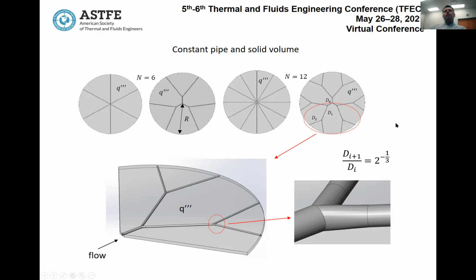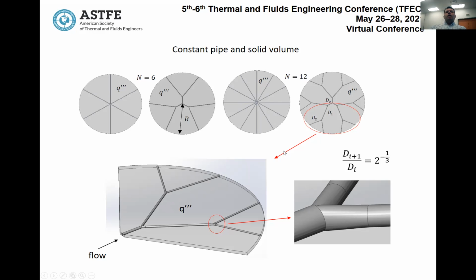The idea is primarily to see what is the best geometry in terms of hydraulic resistance and thermal resistance, which means what is the best geometry that would yield lower pressure loss and would yield the lower